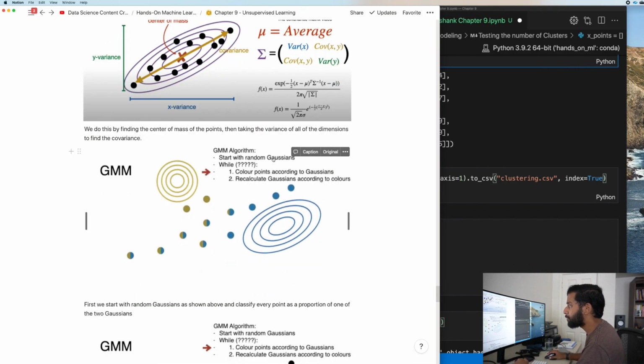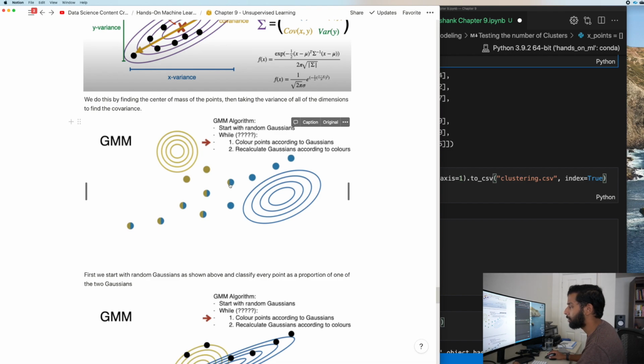So what happens is you start off with some random Gaussians. A Gaussian distribution is basically like a normal distribution, right? So you start off with some random Gaussian distributions, and then color points according to the Gaussian. You can see they plotted a Gaussian distribution over here and another over here, and you color the points in proportion to how close they are to each distribution. So as you can see, these are gold and blue, and these are just blue and these are just gold.